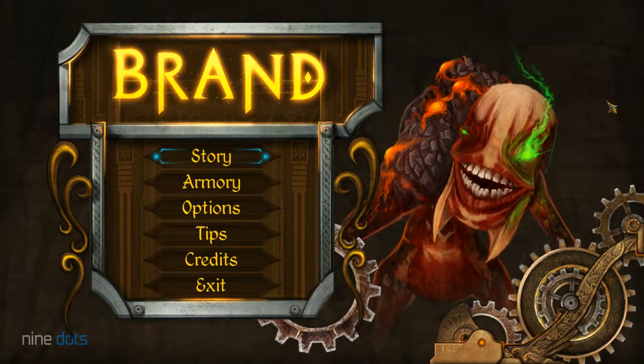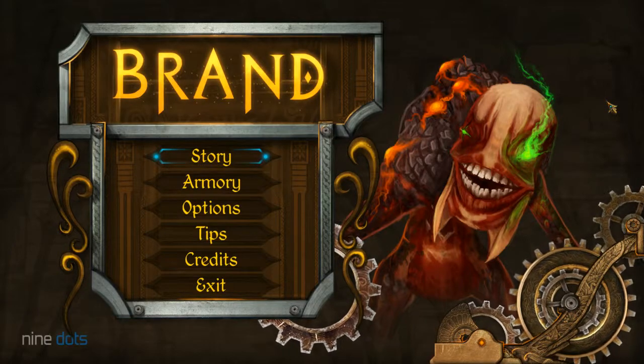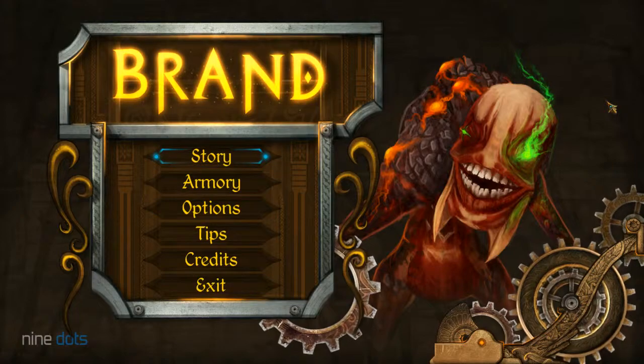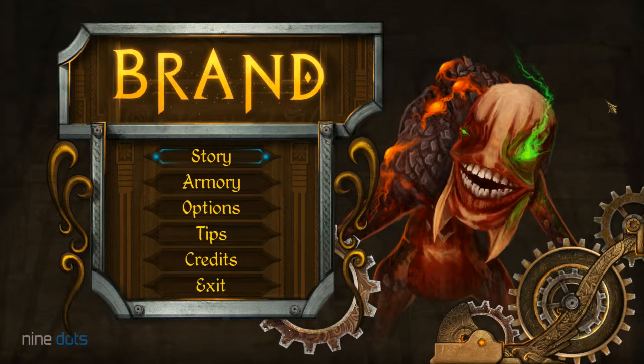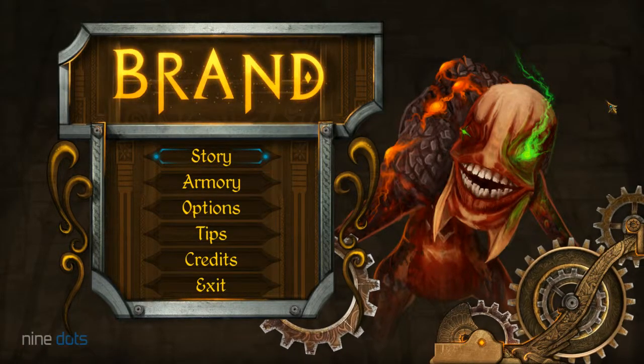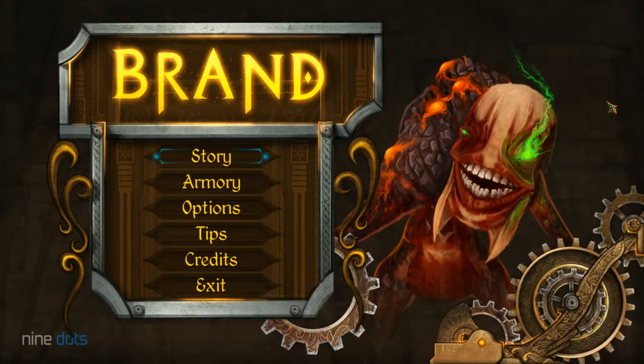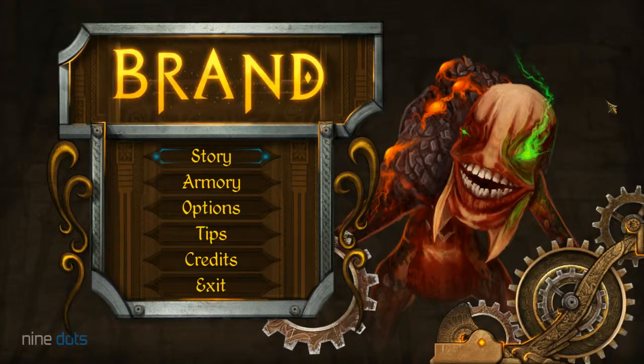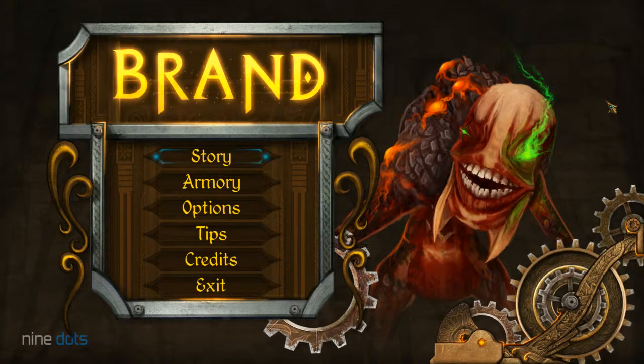Brand is the game made by Nine Dot Studio. Nine Dot Studio are a studio up in Quebec. They made this game on the Xbox Live Indie game area, and it is now on PC. You can buy it over Desura, and you can also vote for it on Steam Greenlight if you like what you see. It's an action platformer where you get a sword, you build up the sword with multiple powers,